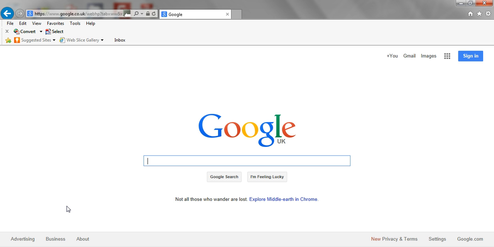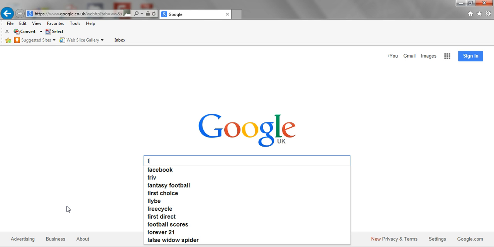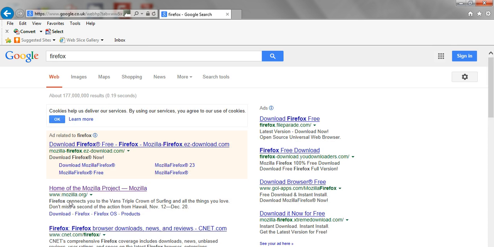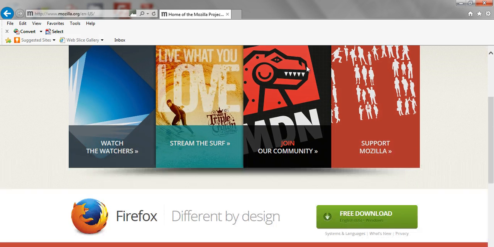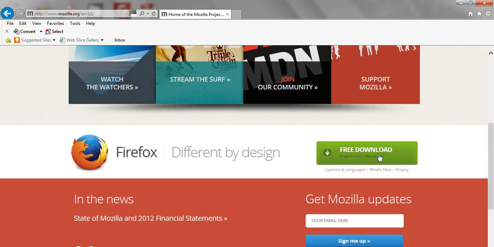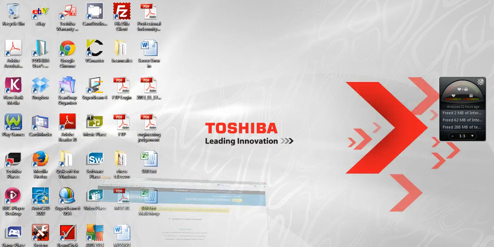I mean, it does do that for Safari if you're using Apple. So either use Safari or Firefox. They're the two browsers we recommend. If you don't already have Firefox, I'd recommend that you just Google Firefox and then download the latest version of Firefox. So if you just download there, which I've already done, we go to Firefox,